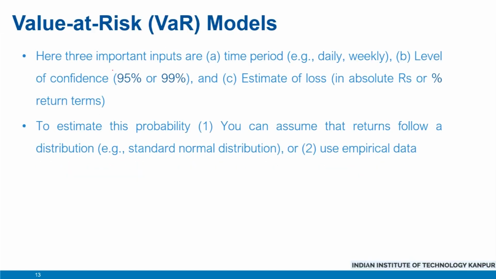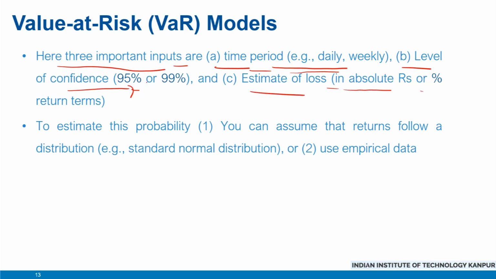To conclude our VaR discussion, we said there are three important inputs to define VaR, or value at risk, for a position or portfolio. First, the time period, the daily or weekly time period over which we want to estimate the losses. Second, the level of confidence, which leads us to probability values, maybe 95% confidence or 99% confidence. Last, and a very important measure, which is the estimate of loss, which can be in absolute rupee or dollar terms